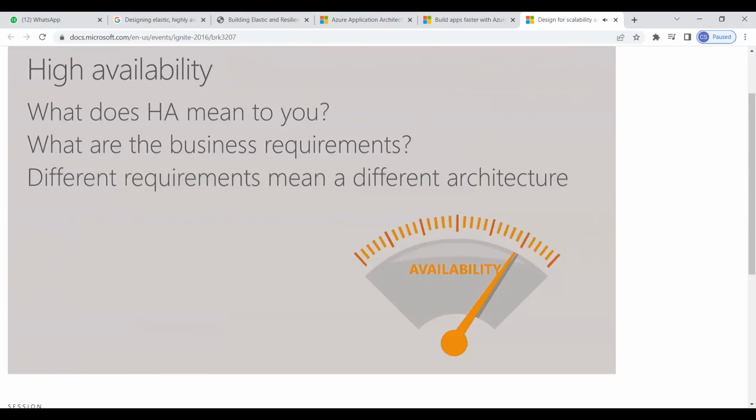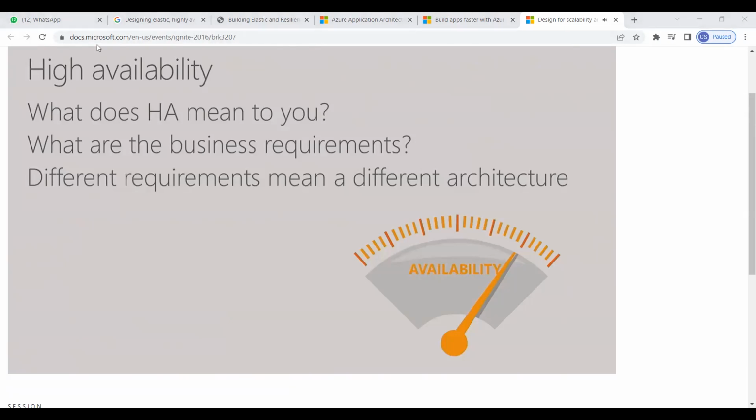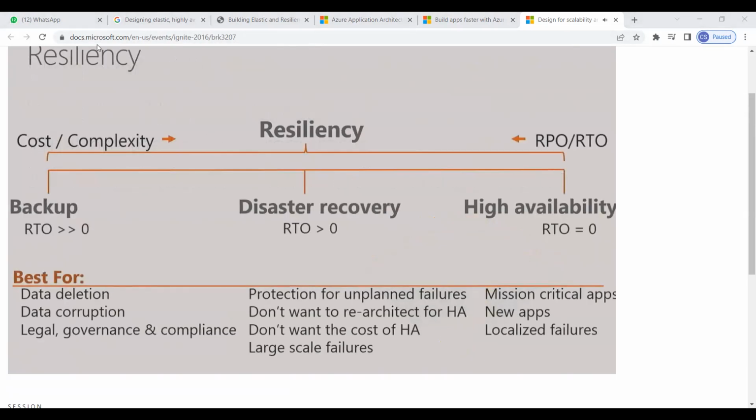Highly available. So think about what those different things are, because it's going to alter what architecture you're going to use. We'll talk about a number of different architectures today and how you'll use those different architectures to solve for different levels of faults that you might have happen within an organization. This is part of the resiliency continuum, so some of this is kind of foundational. I just want to make sure we're all on the same page.